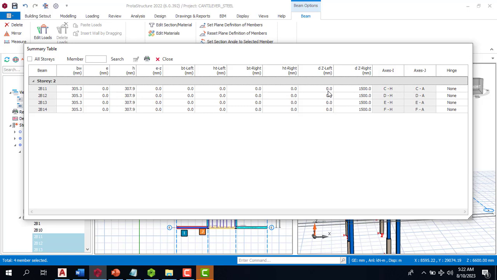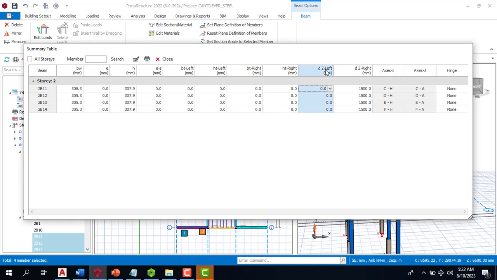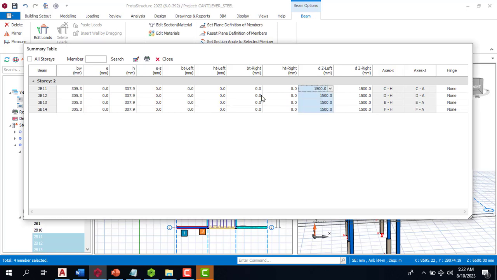which is this, I can just use this that looks like a pen. I'll take that again. I'll click here to highlight everything. Click this that looks like a pen, and I will make this 1500, and I'll click on OK,